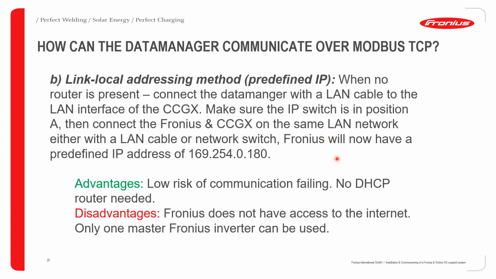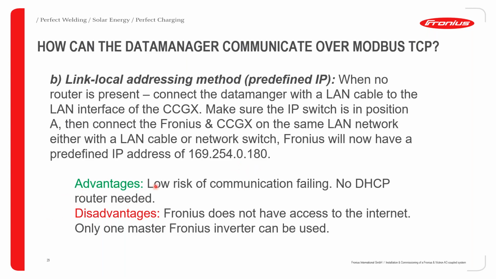The second method is your link local addressing method, which is your predefined IP. When no router is present, you need to connect the data manager with the LAN cable to the LAN interface of the color control or servo. Make sure the IP switch is in position A. Then connect the Fronius and color control on the same LAN network, either with a LAN cable or network switch. Fronius will now have a predefined IP address of